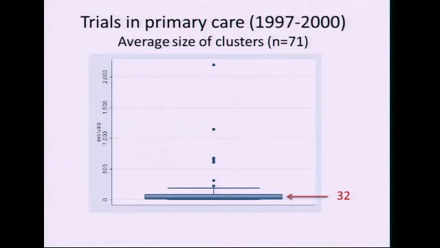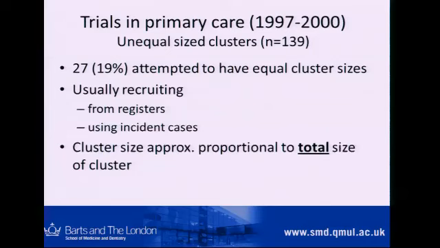If we look at the size of the clusters, and again this is quite skewed, with an average size of the clusters, a median of 32, and Electra was a bit smaller than this with a mean cluster size of 7.78. In terms of whether the cluster sizes were equal or unequal, less than a quarter of trials actually attempted to have equal cluster sizes. All the other trials recruited people as they could from the different clusters, and the usual